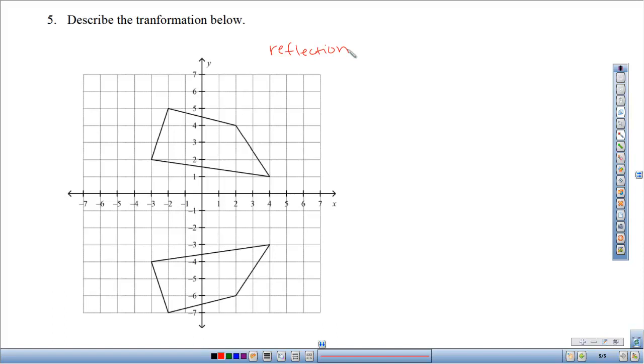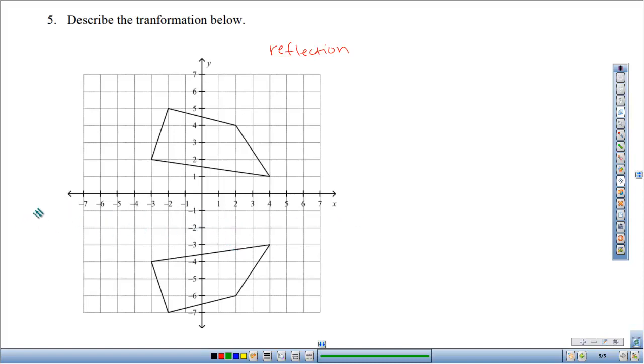You'd have to actually tell me 3 things. You'd have to tell me what point needs to be spun around, what direction, clockwise or counterclockwise, you need to rotate, and then how far, like 90 degrees or 180. But anyway, with reflection, all we have to do is point out the line that we're reflecting over. So we kind of have to eyeball this. Obviously, these 2 figures have to be equidistant from our line of reflection. So where could I draw